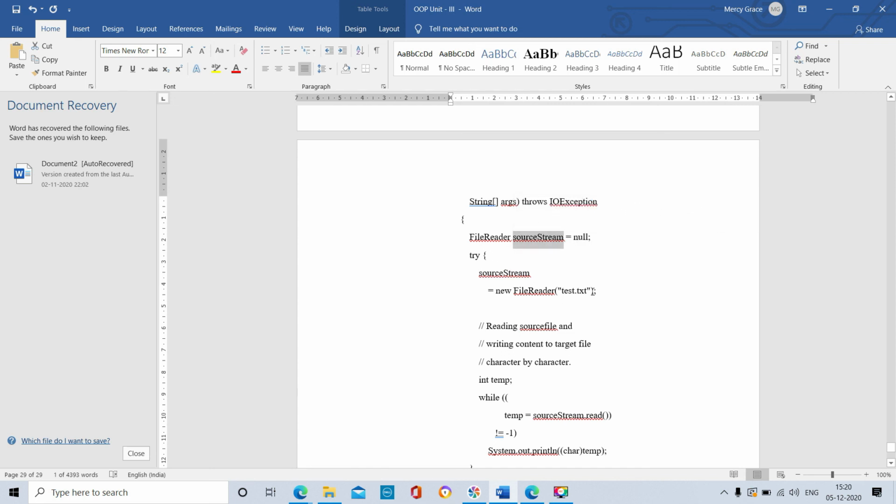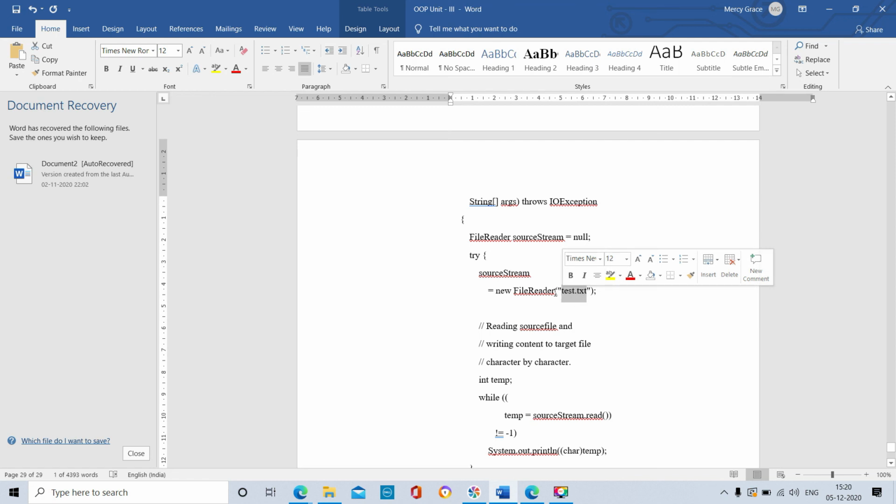After that, we get the test.txt file into the source stream object by using the FileReader class. Using the FileReader constructor, we get the input test.txt, which is a text file present in our PC.